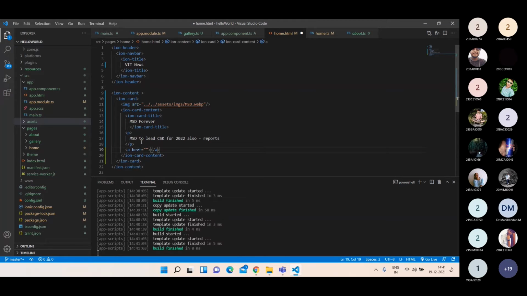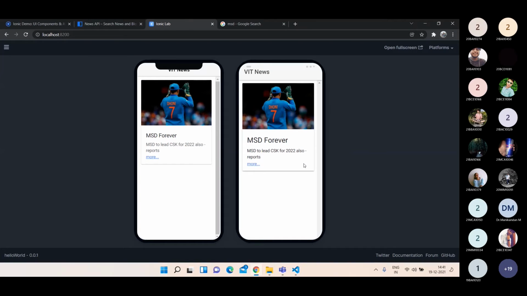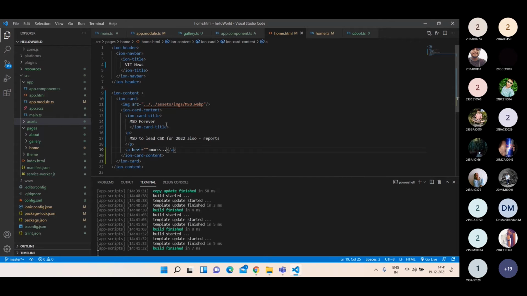This hyperlink is going to show as more. So if you want to read more about the news, you can click here. So this is how our application is going to look. Maybe if I want to show the author name also, what can I do? I'll just put one paragraph tag and the author name would be Rajkumar.